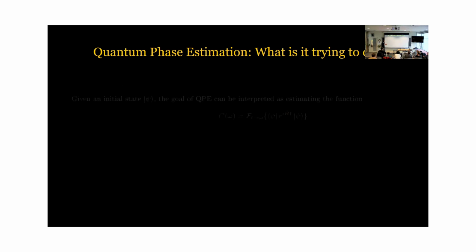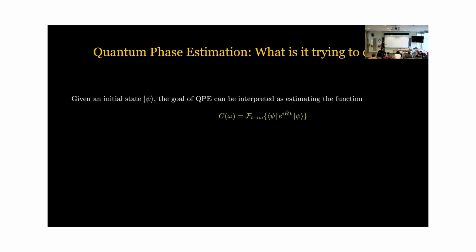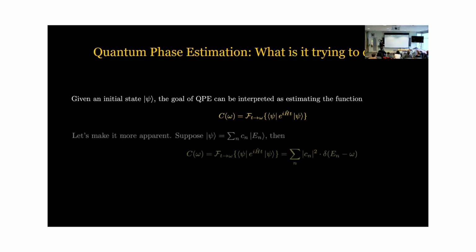So one way to think about what it is really trying to do: the goal, if you can have the perfect outcome out of phase estimation, is to estimate this function, which is the Fourier transform of the expectation of your state with respect to a unitary represented as e^{iHt}. To make it more concrete,